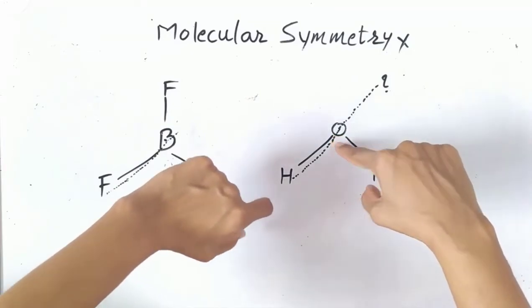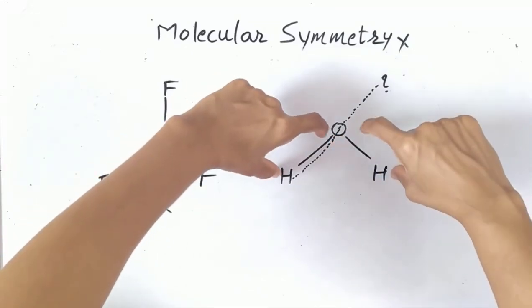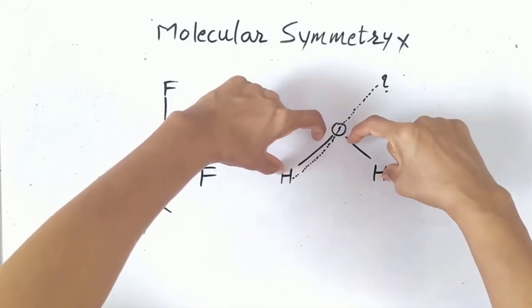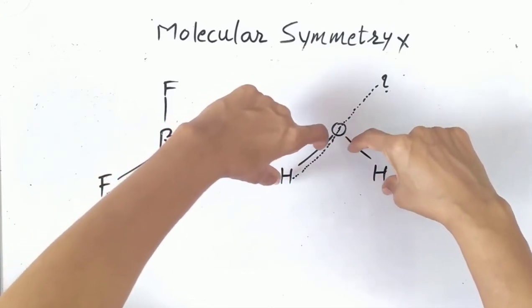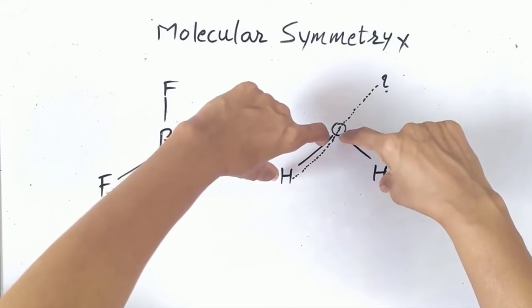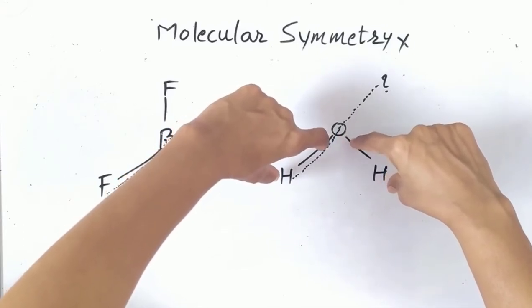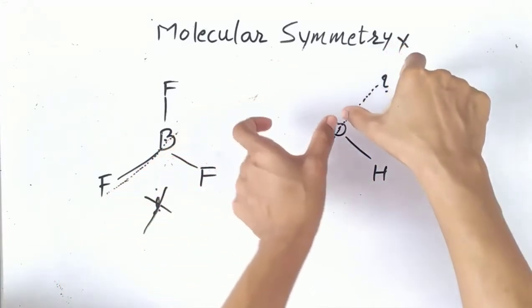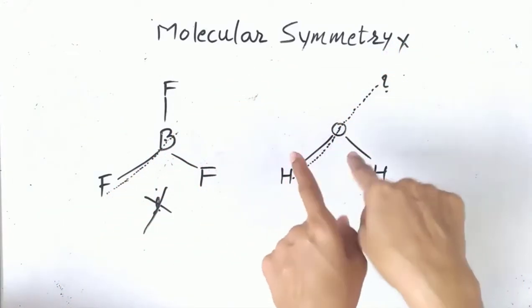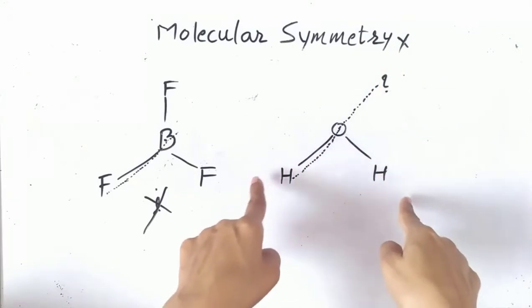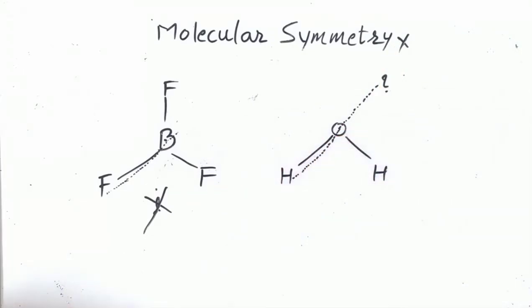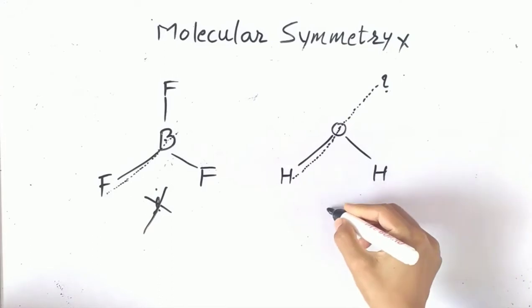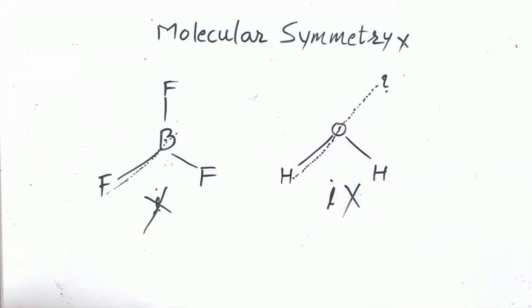From this center of gravity, you will say that we have two hydrogen atoms at equidistance. But is it the only condition, that two same atoms are at equidistance? No. What is the other condition? Two same atoms at equidistance but in opposite direction, like that. These two directions are not opposite. So according to the definition, the inversion center is absent in the water molecule also. Alright, is it clear?